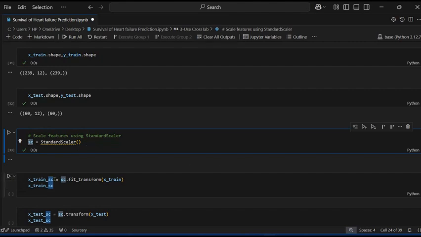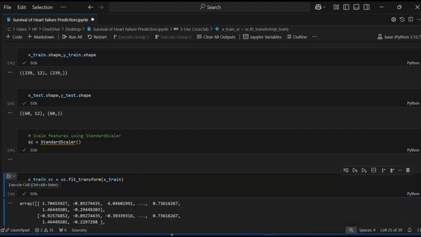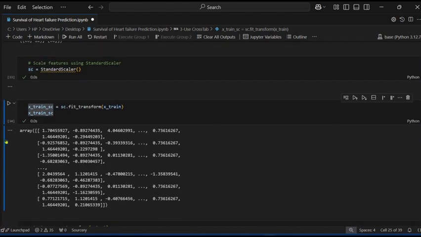Now next I have created a new variable for x_train, because I first want to see the x_train data: x_train_sc equal to sc.fit_transform, and then I pass x_train and print x_train_sc, the variable name. So it gives 1.782 and the next is 0.10, and there is also a minus 0.